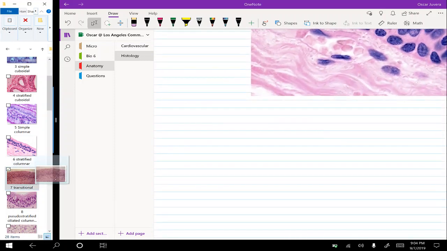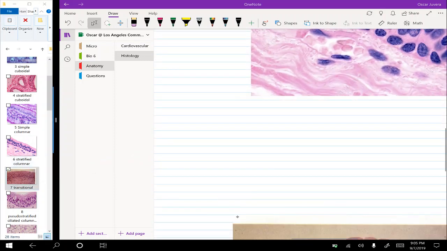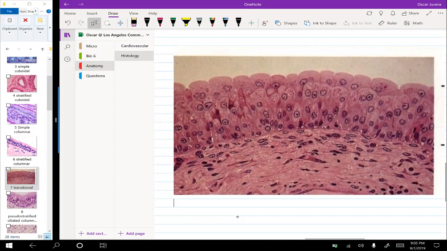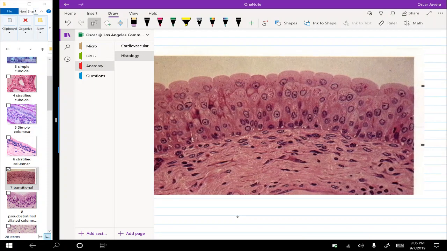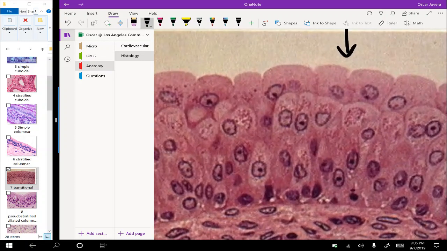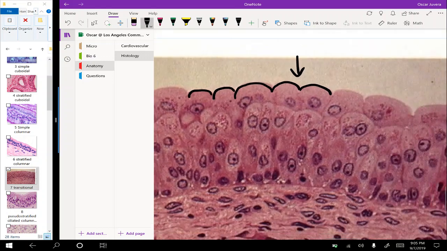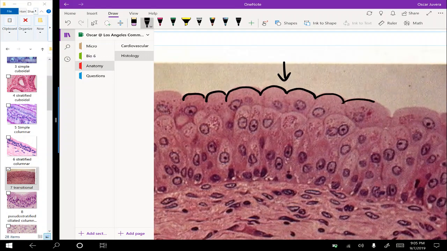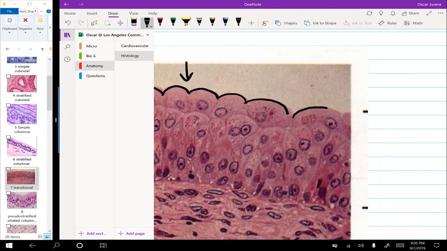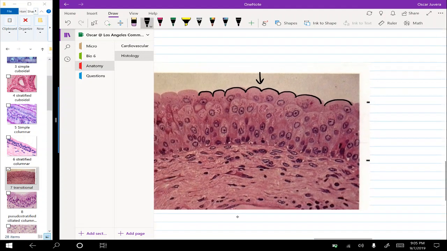Let's move on to one of the most important ones. I'm pretty sure your professor will ask you to identify this, and this is the transitional. Now you may be asking yourself, how am I supposed to know this? Like, where am I supposed to even look? But remember that I told you, always identify at the apical surface. And if I zoom in a lot for you, you'll be able to appreciate that these cells have dome-shaped or muffin-shaped structures. And that's the giveaway. As soon as you see a dome-shaped cell, you should be automatically saying that's